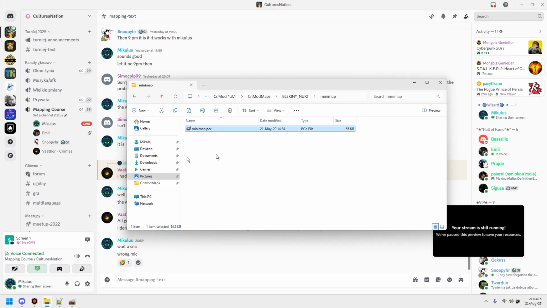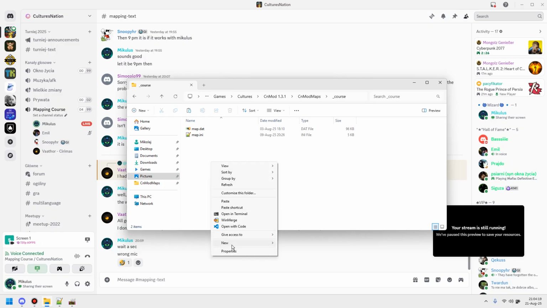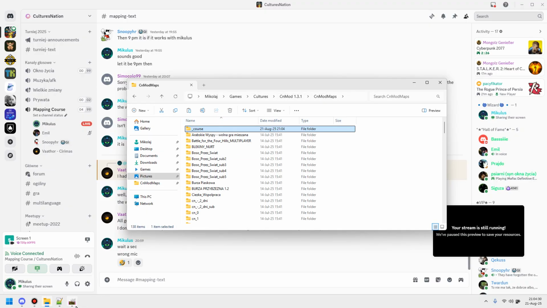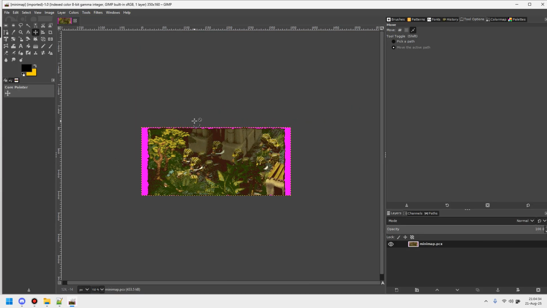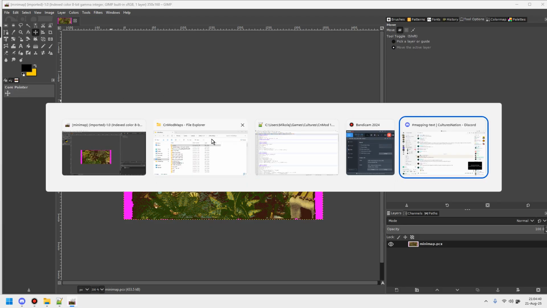And let's say I want to create an image on our course map. I just need to manually create the folder minimap, and inside I need to create some PCX file. So for a template, I can copy this one. So let's say I copied it. Now it's in the GIMP, and I will edit it here, and later save it as a new file